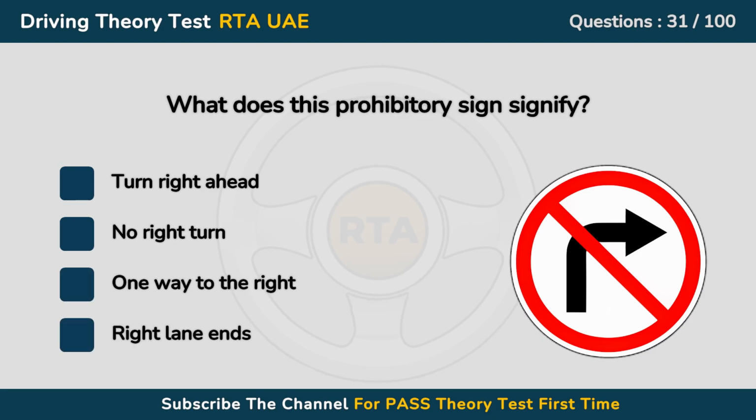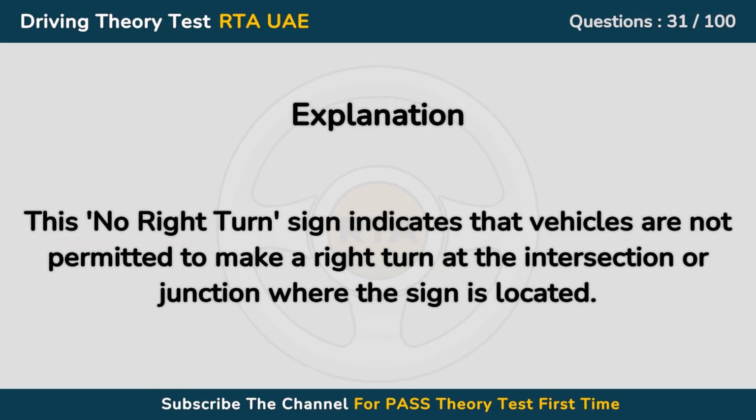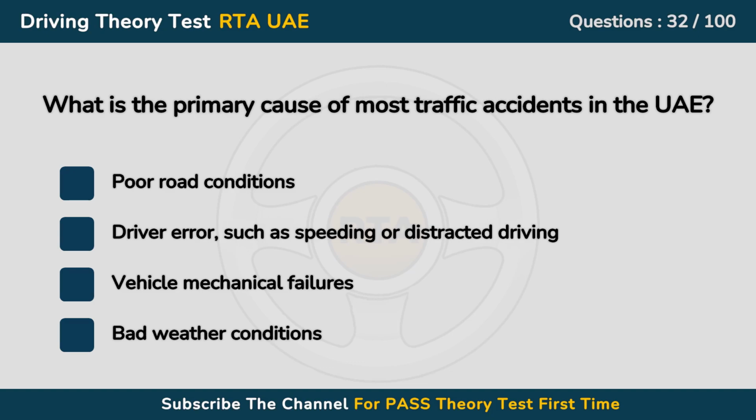A. Turn right ahead. B. No right turn. C. One way to the right. D. Right lane ends. Answer is B. No right turn. This no right turn sign indicates that vehicles are not permitted to make a right turn at the intersection or junction where the sign is. Question 32. What is the primary cause of most traffic accidents in the